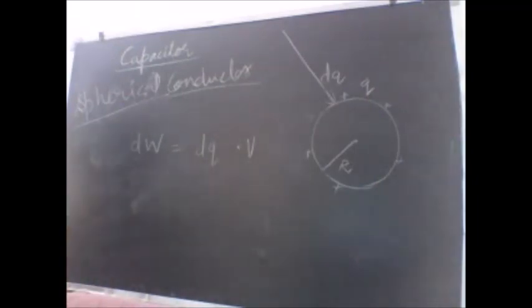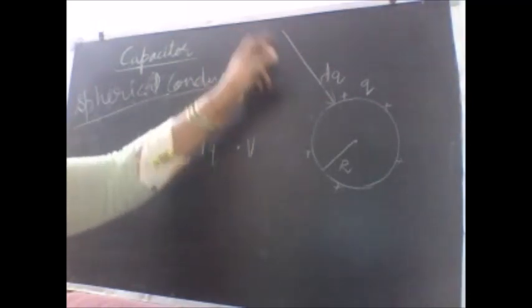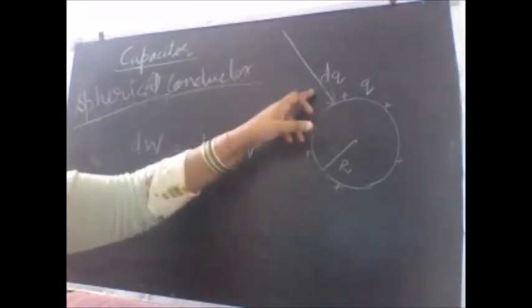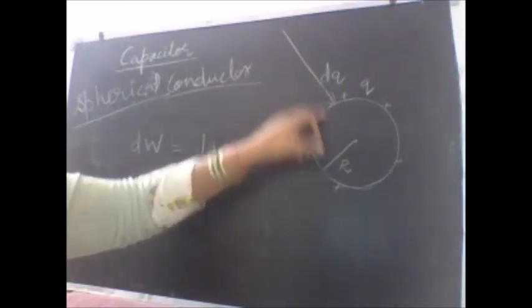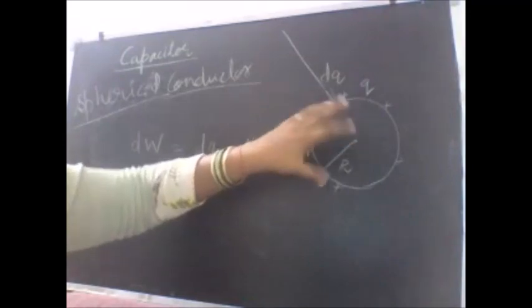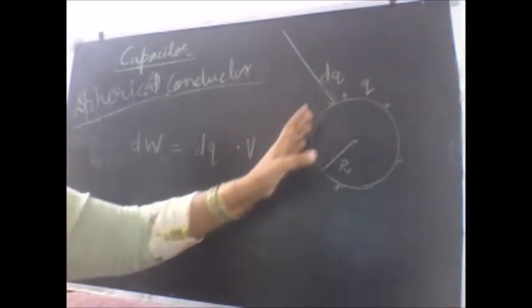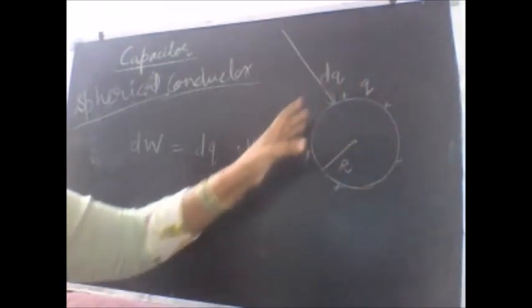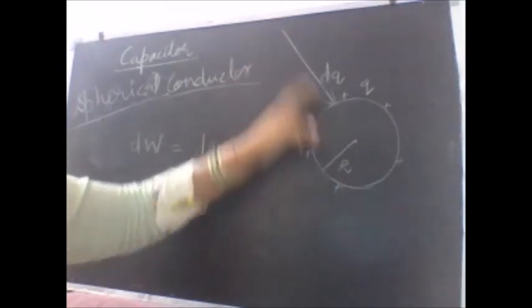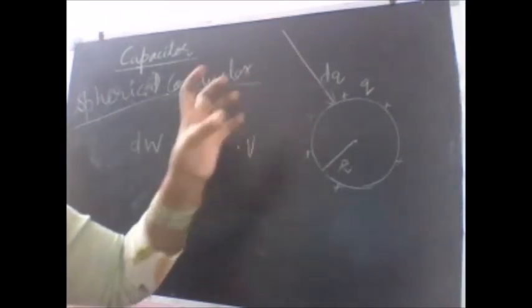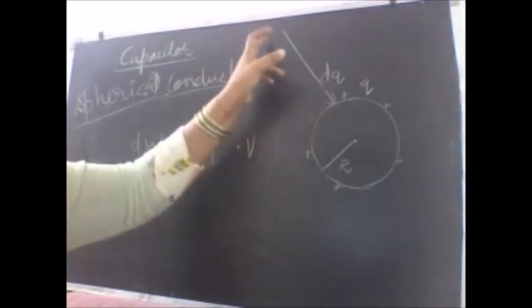If I am bringing several such installments of dq, one after another, for each installment I have to do work. Why? Because of the objection faced by the conductor. Another installment of dq, more objection, because now the positive charge is increasing gradually in strength. That means the more positive charge I bring from infinity, the stronger the objection it will face from the spherical conductor, and the more effort I need to do.